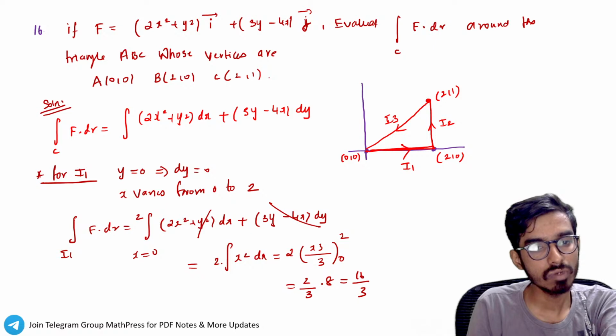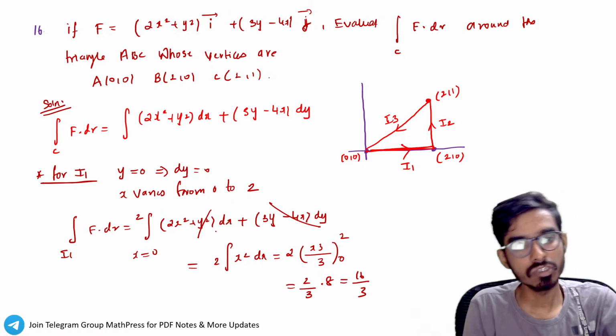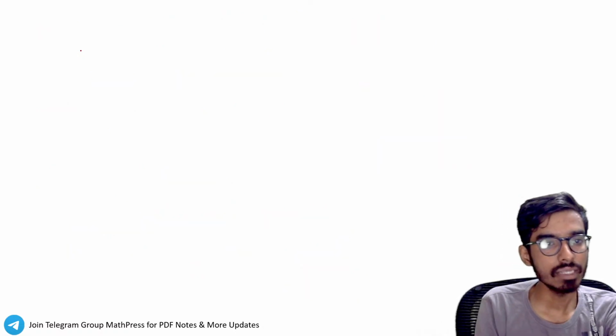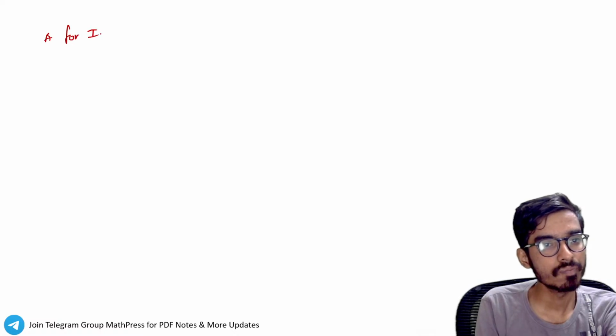So the integral of 2x squared dx will be 2 times x cubed by 3, from 0 to 2. So I1 is 16 by 3. Similarly for I2,